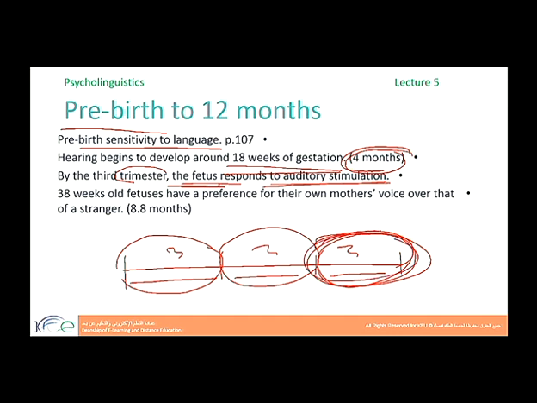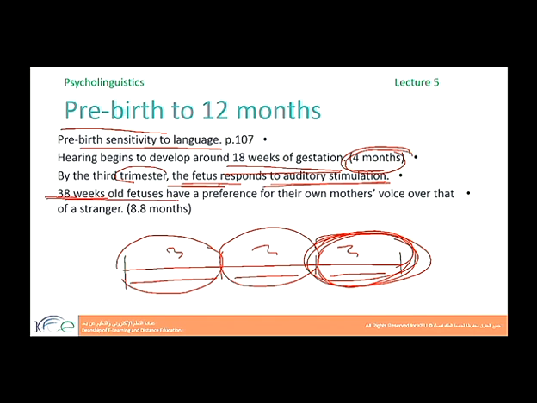So from 6 to 9 months, they start to respond to auditory stimulation. And that tells us that this is the first experience with language. They are hearing language now and responding to it. Of course, they cannot talk by now, but they respond by moving or whatever. Then